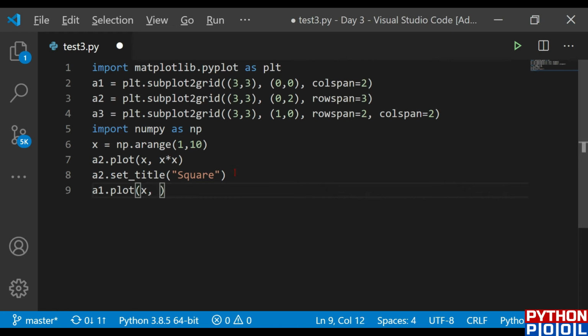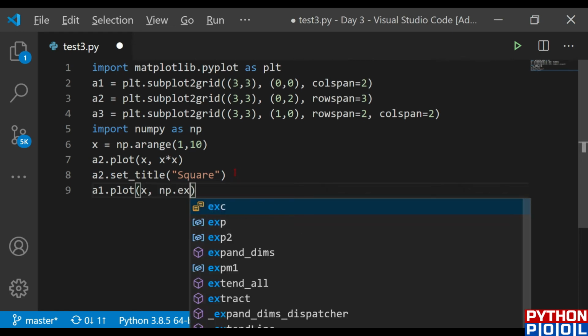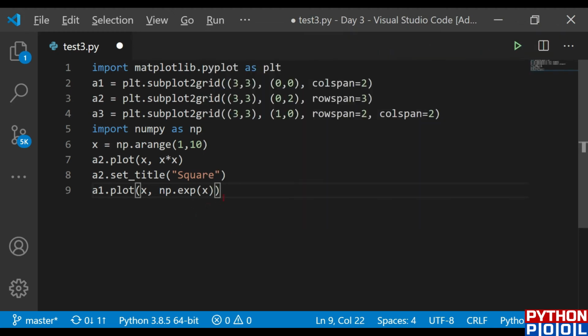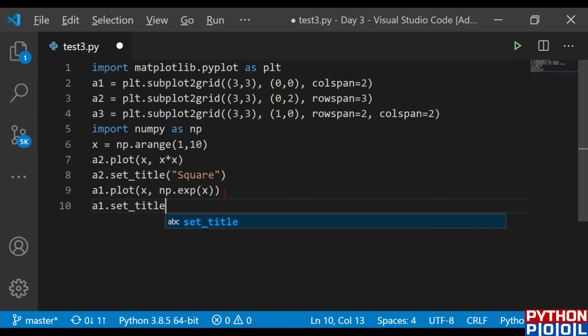So once again, I'm going to call the exponential function from np. And exponential of what? Exponential of X. And then I'm going to set the title as exponential. Okay, and I'm done with a2, I'm done with a1.